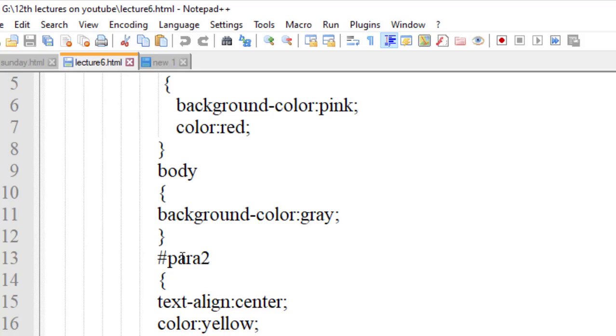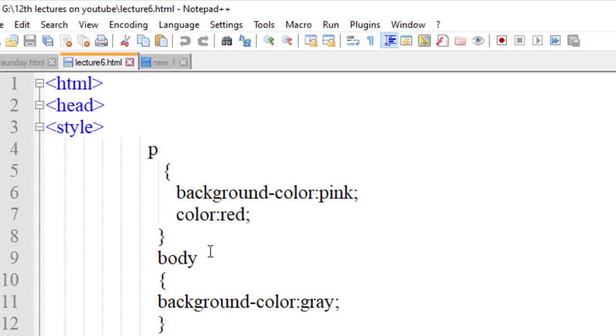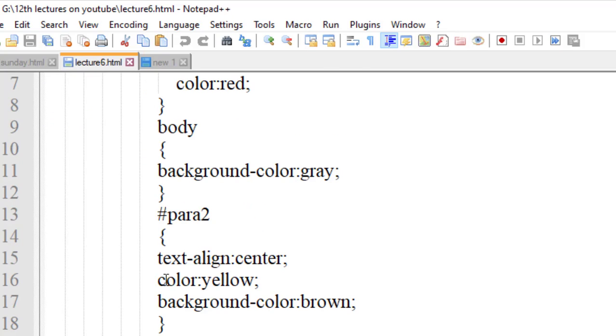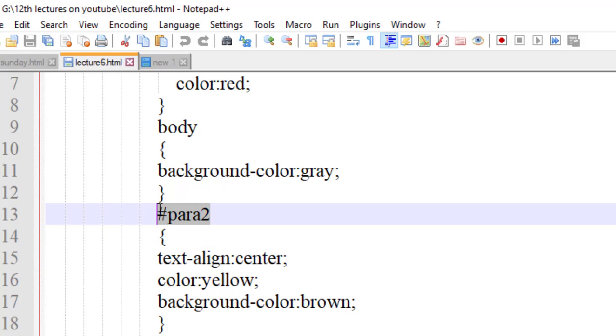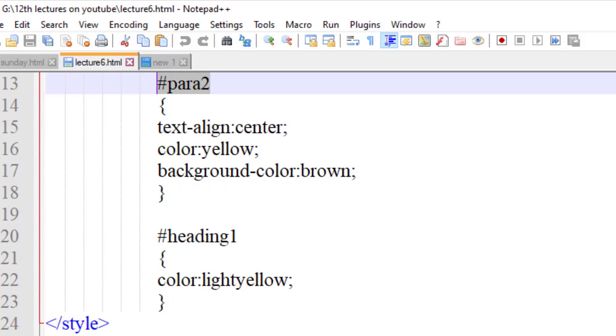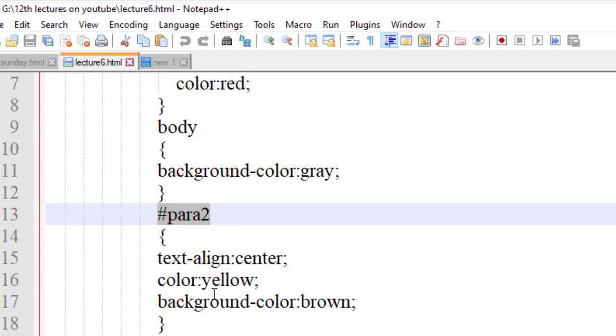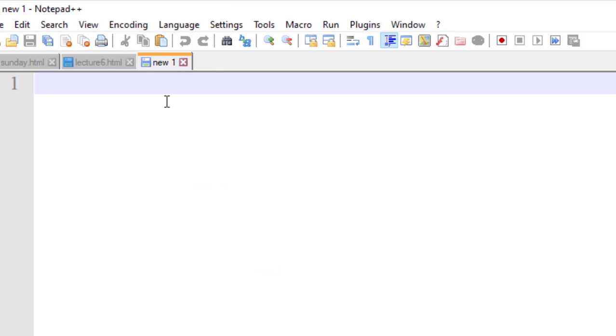For the paragraph, the general setting was pink and red, and the new modification was yellow and the color brown. By using paragraph 2, I wanted a modification in paragraph 2. That's why I wrote para 2 as the ID, and after that I did the modification.